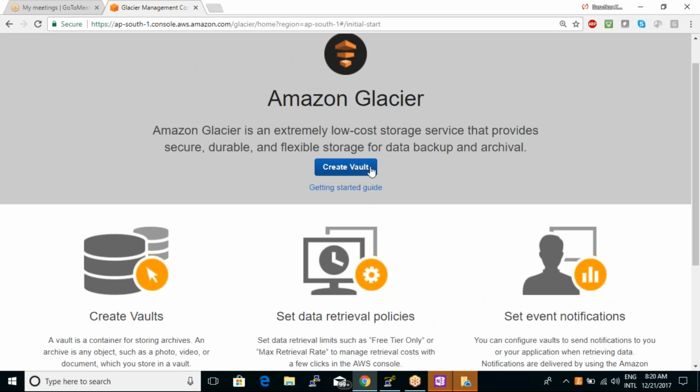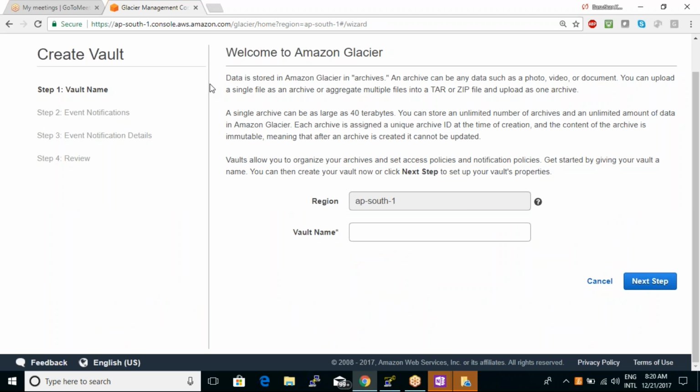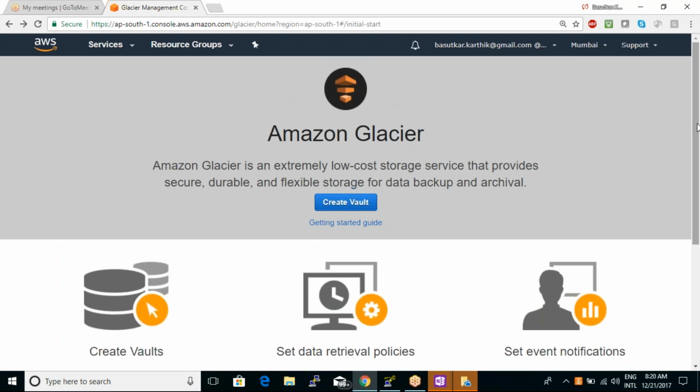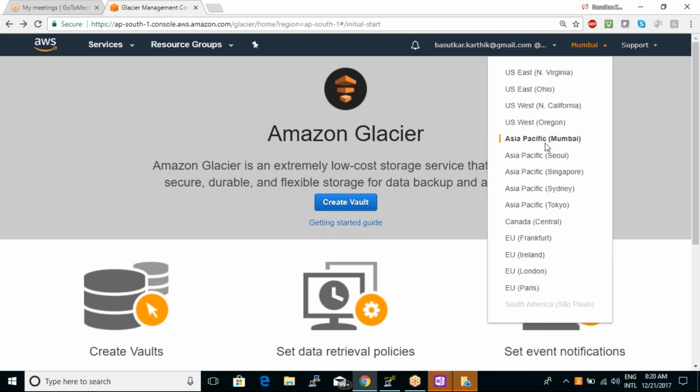Let us see how we create a vault and how we connect it. First, you have to select the region where you're trying to create a vault. Here it automatically went to AP South 1, which stands for Asia Pacific South. It is the Mumbai region name, because on the region selector I have kept Mumbai. That's the reason it took it from there. If I change to Singapore,